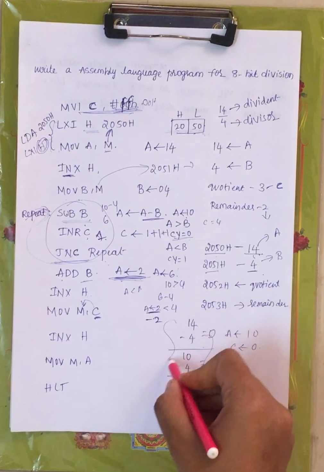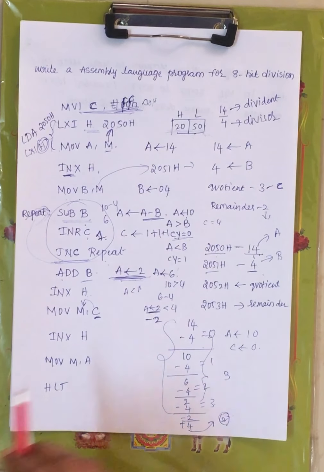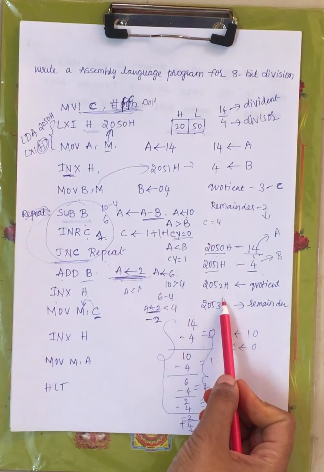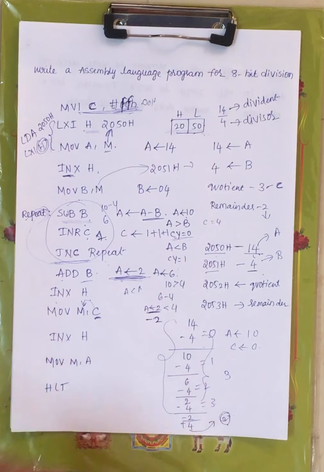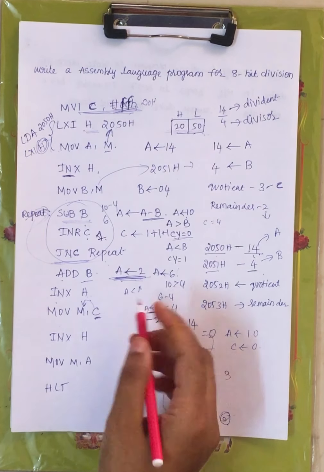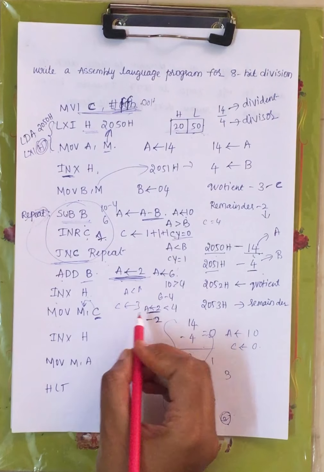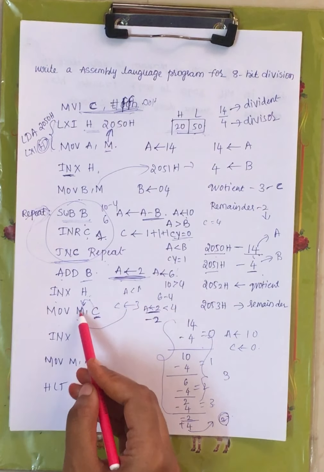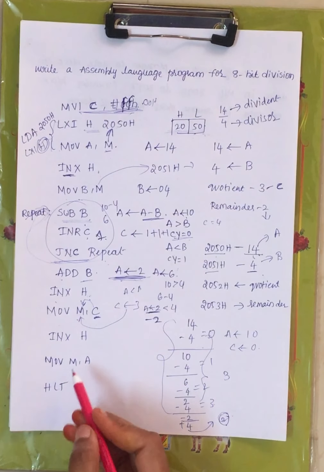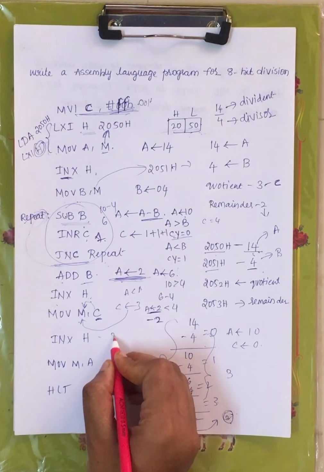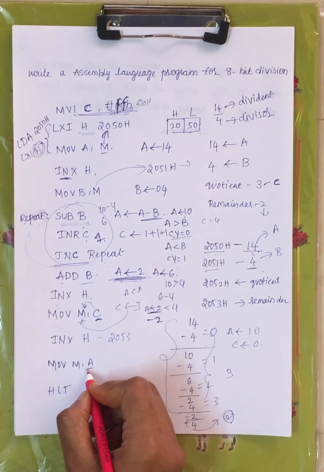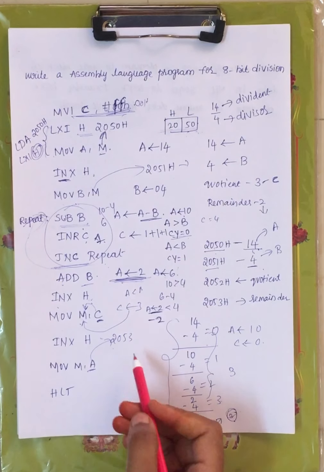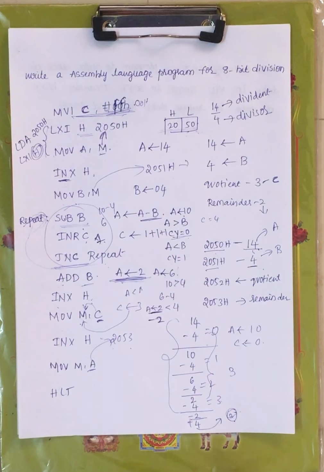This procedure is same for any 8-bit division, right? Now incrementing HL, initially it is 2051H, after incrementing 2052H. Now MOV M, C, right? Now C is stored with the quotient, that is 3. That is moved to the memory location pointed by the memory pointer, that is 2052H, right? Again it is incremented to 2053H. Now A is storing the remainder, that is moved to the memory location pointed by the HL register pair, that is 2053H. Halt operation, right?